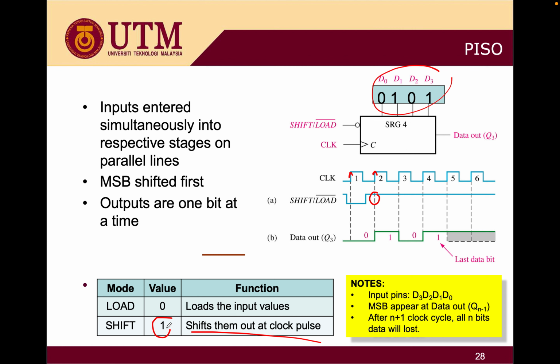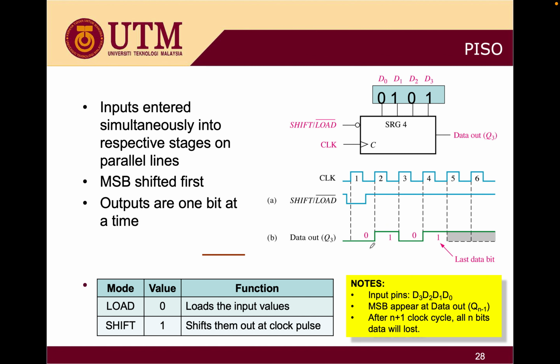Okay, so how you're going to do it is you shift the value of this one first, and then you shift this value, and then this value, and lastly this one will remain here because you only have 4 cycles as normal. So you have 1 2 3 4. Okay, you cannot start here from 0 because you need to start at this side. At this positive clock, it is going to pull everything out, and this is the last LSB value. This is your LSB value. That's why it will be fitted in here. This is parallel in,